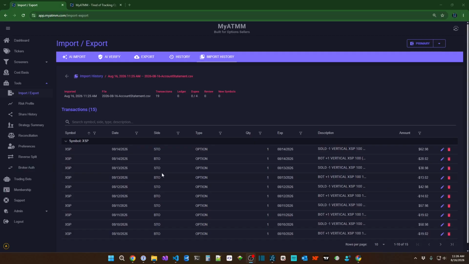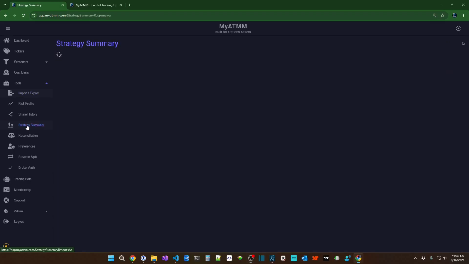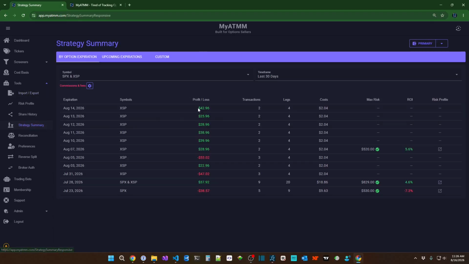Okay. So now that the transactions have been imported in the system, what we want to do is look at our strategy summary to look at the history of these XSP options that we've been trading. So we click on strategy summary, and you can see this is showing just the last 30 days. And you can see them listed. We're doing like one a day on all of these. And you can see the profit and loss and the number of transactions,